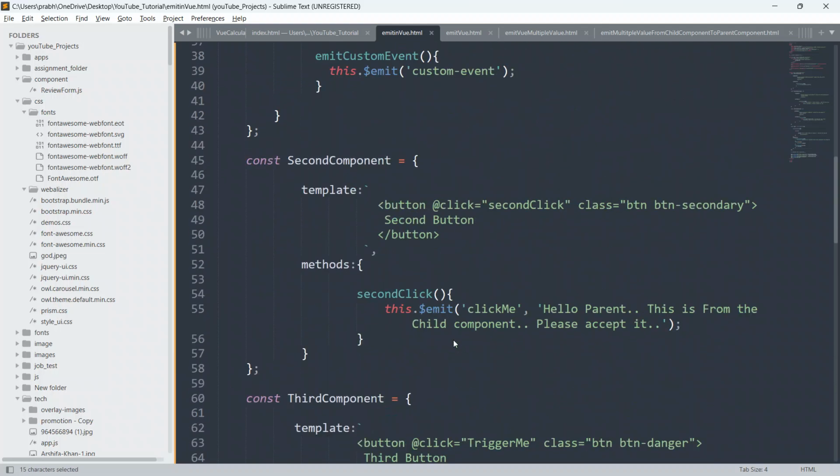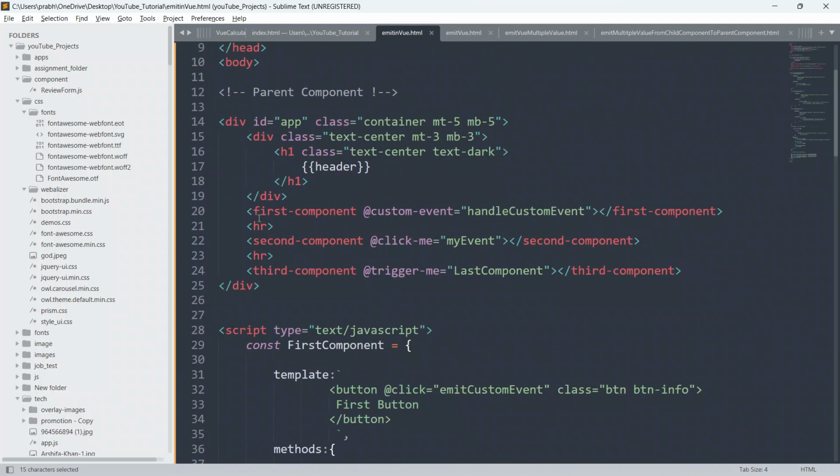As you can see, I have defined three custom tags: first component, second component, and third component, which are emitting the custom event, click me event, and trigger me event.